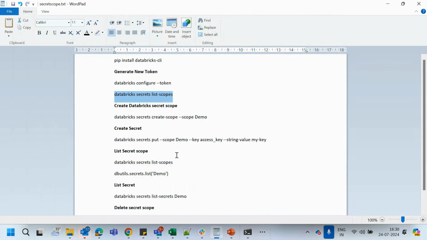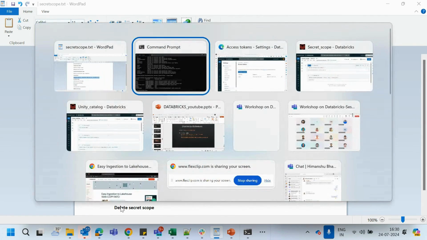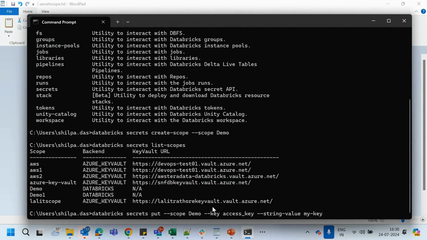Once it's created, you can go ahead and create your secret inside your secret scope. You mention your secret scope name, that is demo, and provide your key name, that is my access key, and what value the access key should contain, which is my key.